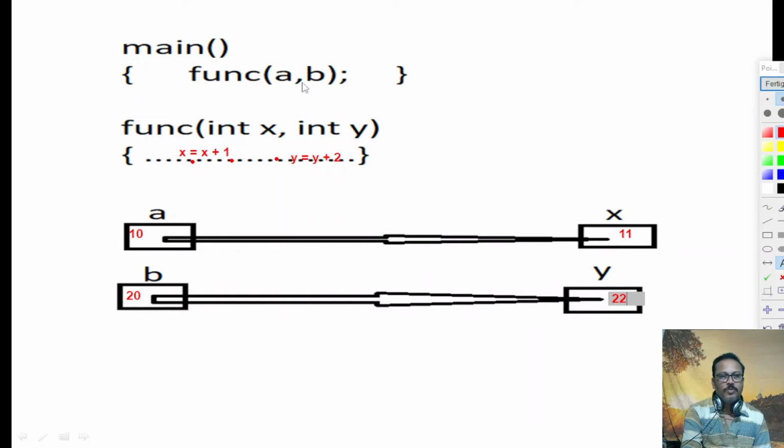So the values of these arguments are copied into the locations of the formal parameters, into these parameter locations. But the reverse copying doesn't take place. You can just take a snapshot of it,